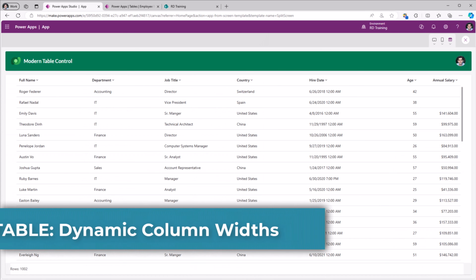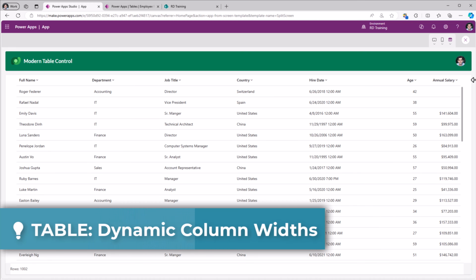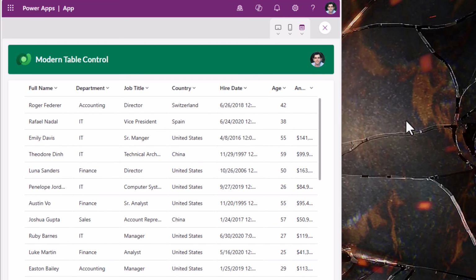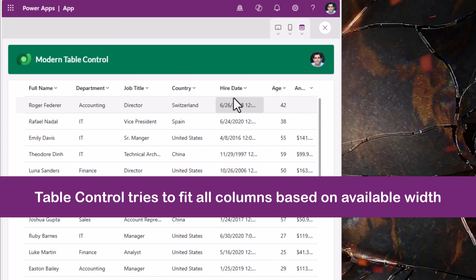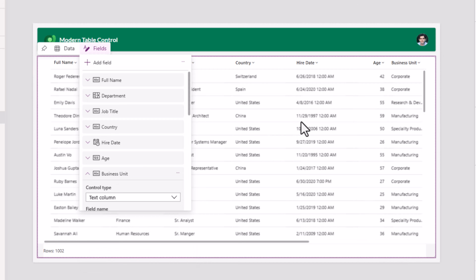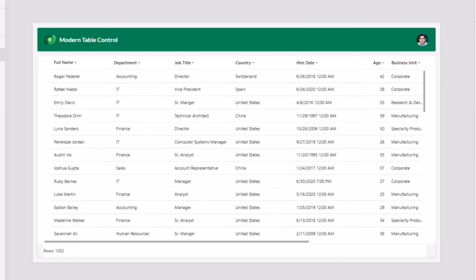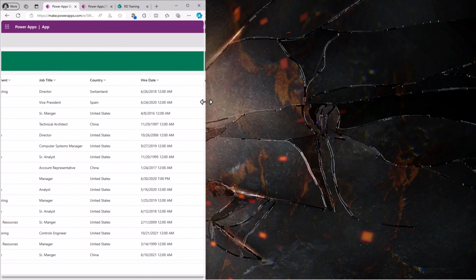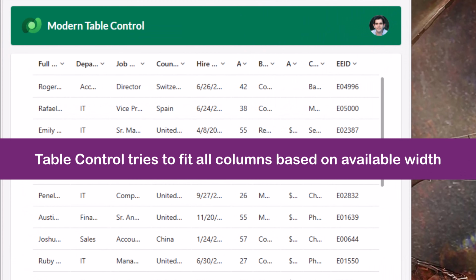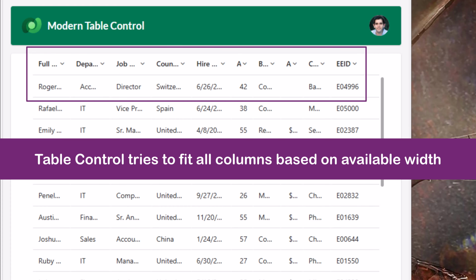One challenge with the table control has been the fact that if the size of the screen changes on the fly, it tries to fit all the columns that I have added as part of the table control into that real estate that's available for the screen. Let's say I add additional fields. So this adds more columns. Now if I preview this, reduce the width, it tries to squeeze in all these columns in that single view,